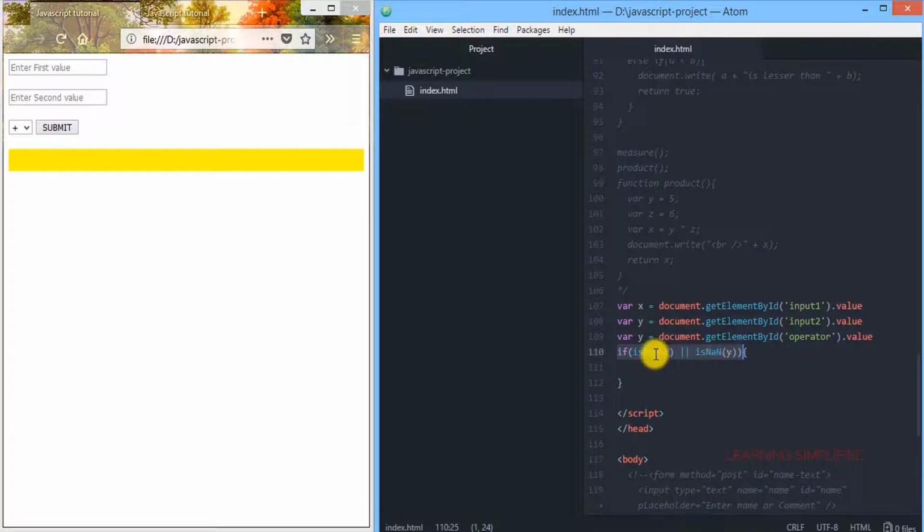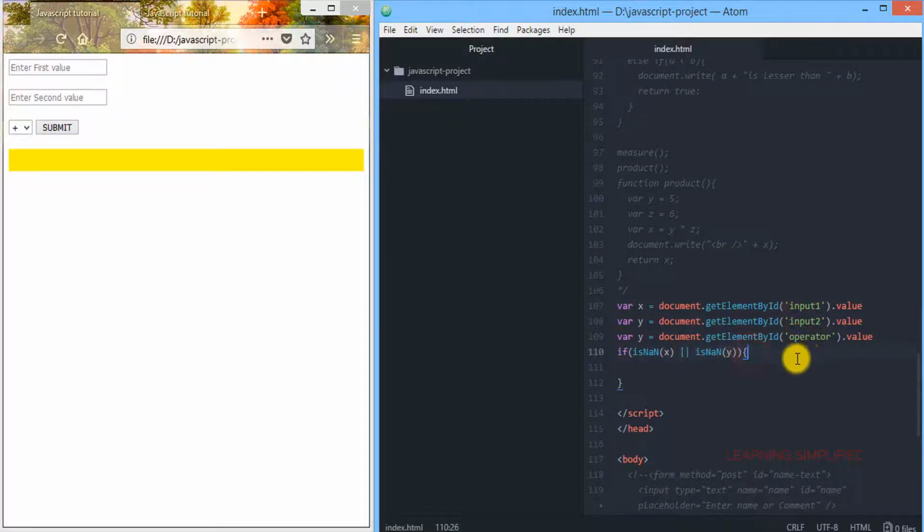First of all, it is checking whether x is a number or not, or, this double pipe symbol indicates an OR situation, whether this one or this one. So it is checking whether input 1 is not a number or input 2 is not a number.